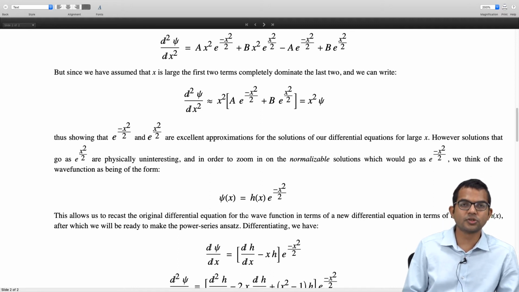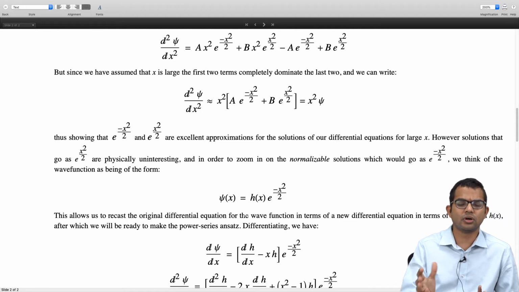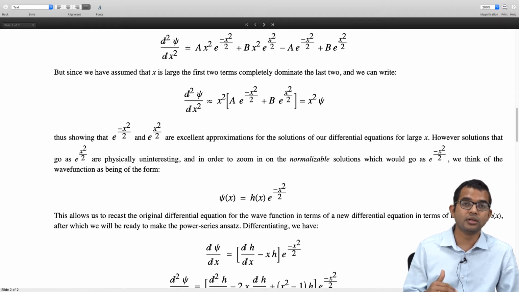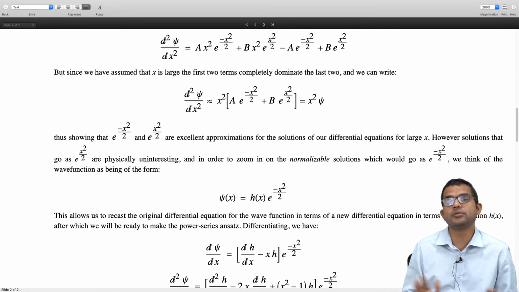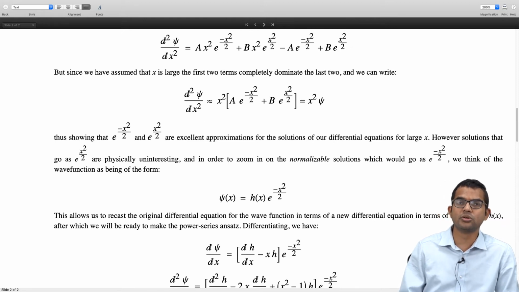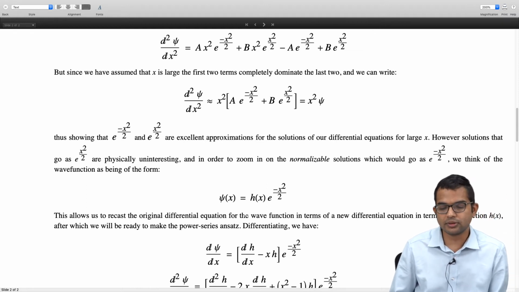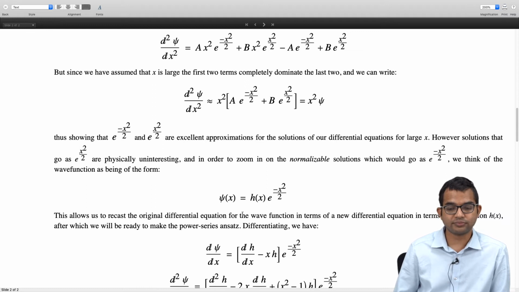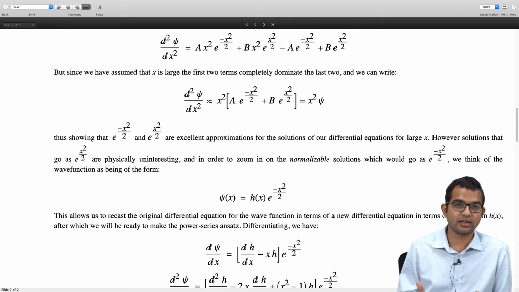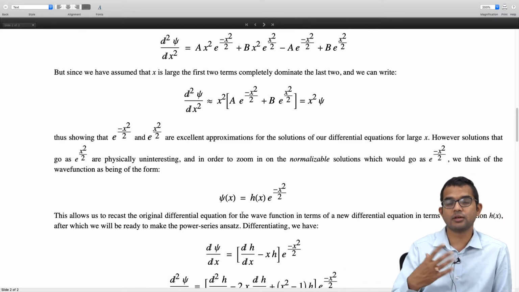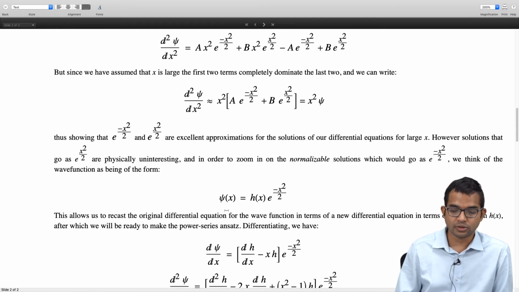So at this point it's completely general, right? All we have done is use some physical intuition to think of solutions which have a plausible form, and then we are looking for solutions of that form. And in fact we'll look at a different differential equation, but so far we have not done any approximation. There is nothing fundamental that has been lost so far. It's like a transformation. Instead of solving one problem, you're solving another problem which can get you back the solution to the first problem itself, right? So what is that new problem?